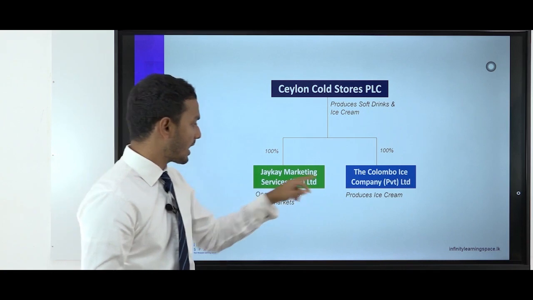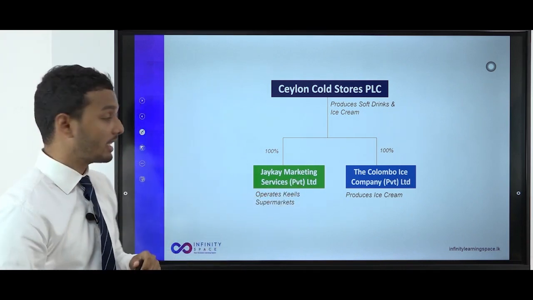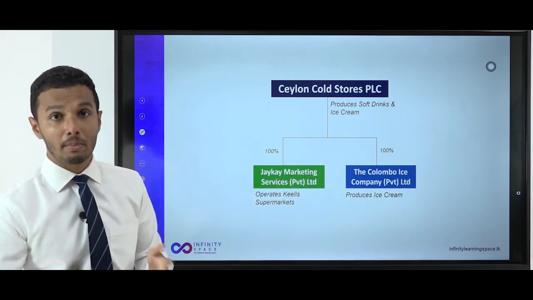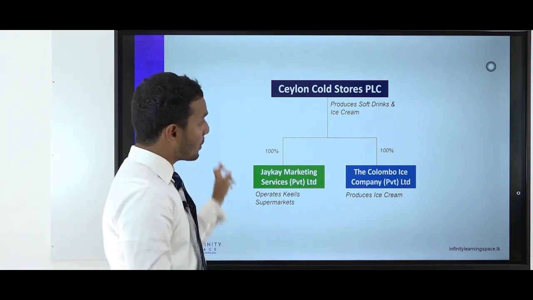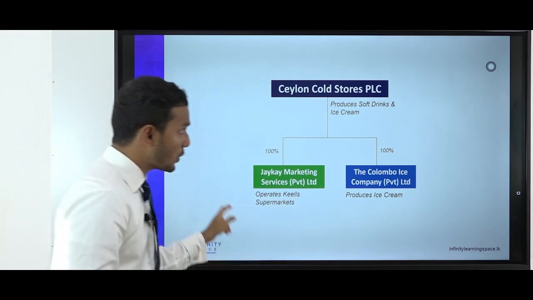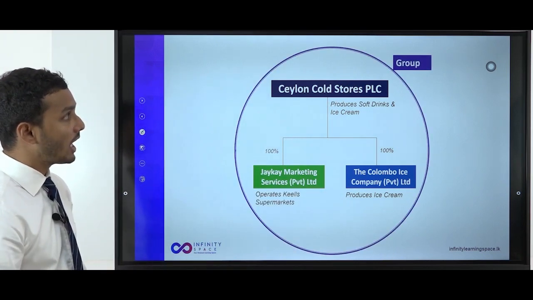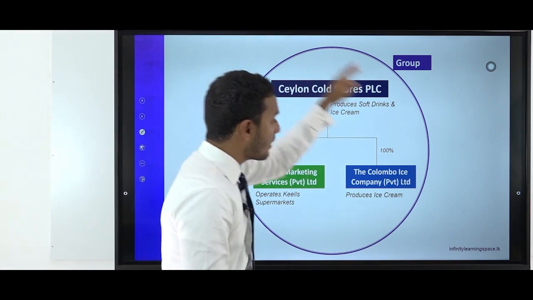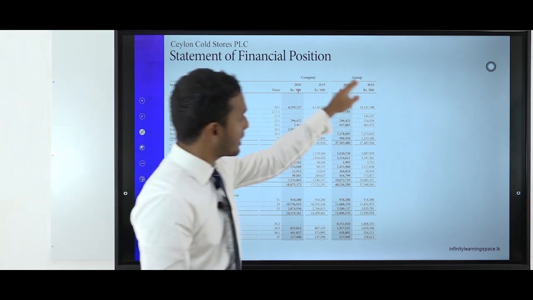So we have JK Marketing Services Private Limited. They are the ones who operate the Keells Supermarkets. Then Colombo Ice Company Private Limited, that's the company that produces ice cream. Right. So then when you put all 3 together, when you consider all 3 companies together, we create something called a group. Right. So the group refers to all 3 companies together, and these financial statements we saw here, this